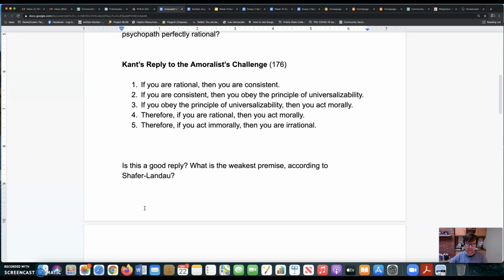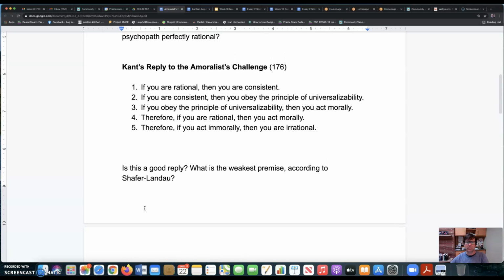But it seems like the weakest premise is the third one, that obeying a principle of universalizability has the consequence that you are acting morally, or that it comes to the same thing. That every time you obey a principle of universalizability, you are acting morally, or every time you are acting perfectly consistently, you are acting morally, or in a way that your moral duty permits. That seems problematic, and so Schaefer-Landau gives the example of the fanatic